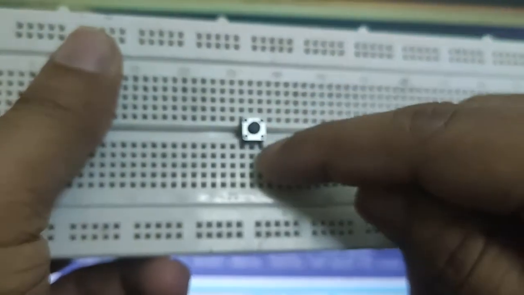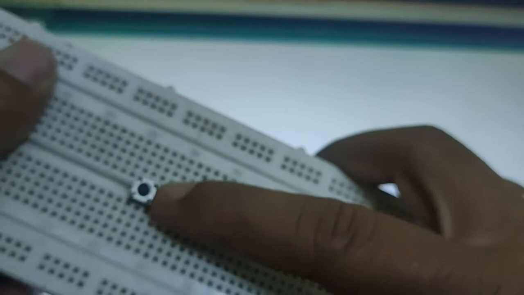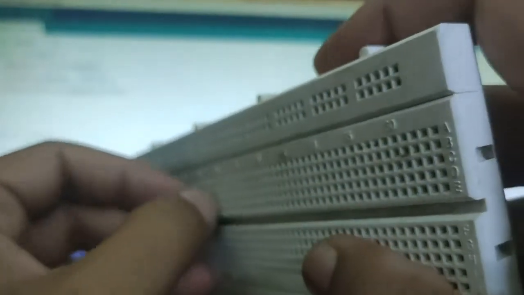If you are not pressing the switch, there is no continuity, meaning there is no closed circuit. It becomes an open circuit. So by default it is an open circuit, on both sides. Anywhere you want, you can put it.